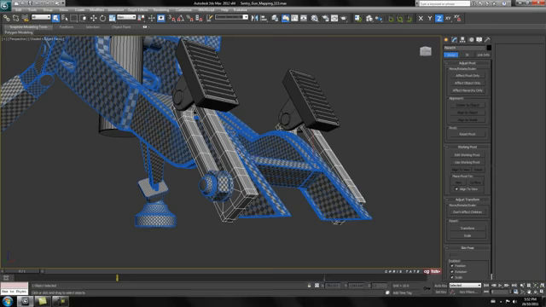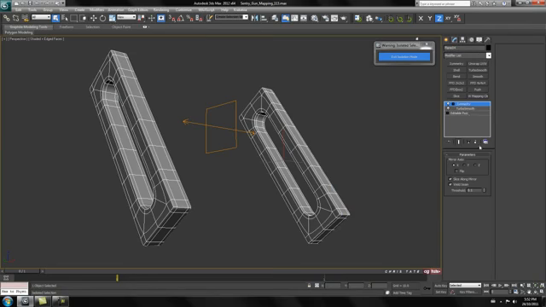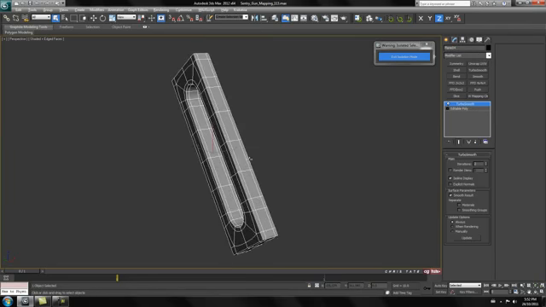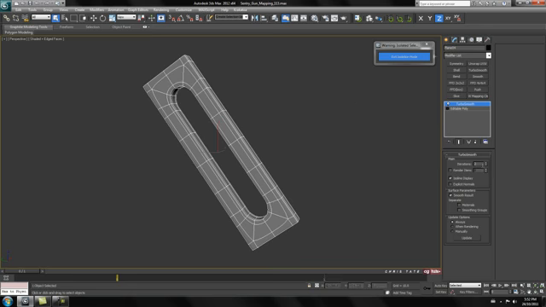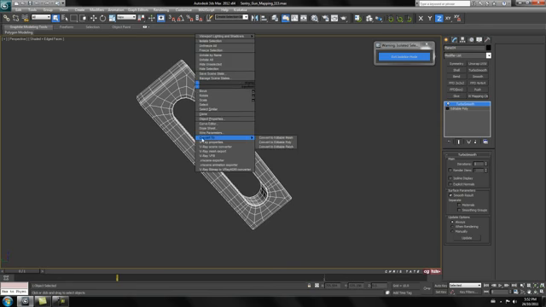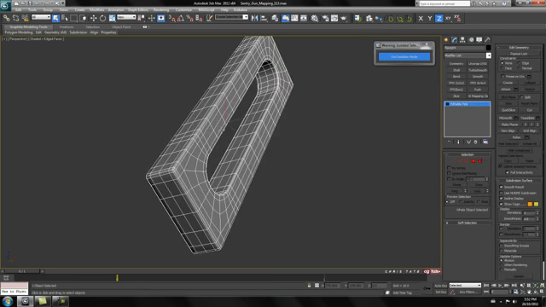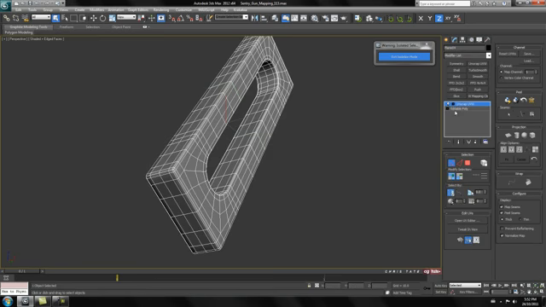Alright, so let's go into isolation mode on these, Alt Q, and we'll just trash our symmetry modifier again. And this one also is subdivided, so let's take it down to one iteration, and we'll uncheck isoline display. And I think I'm just going to map it with one applied, so let's just right click and convert it to editable poly. And this is fairly simple to unwrap, so let's just put the unwrap UVW on, and we'll